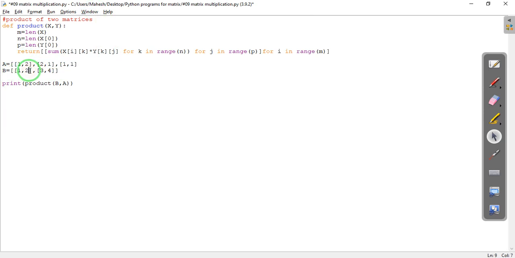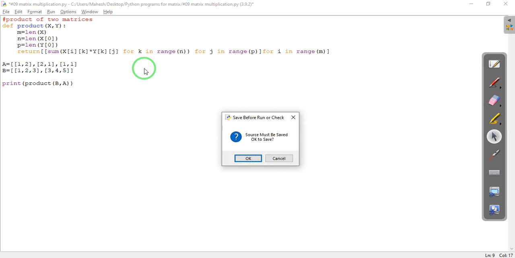Let us increase one column in this matrix. Say let us take 3 and let us take 5. So this is now 3 by 2 and this is 2 by 3. The 2 cancels out, so the resultant matrix will be of order 3 by 3. When you take the product, it will have 3 vectors and each vector will have 3 components.